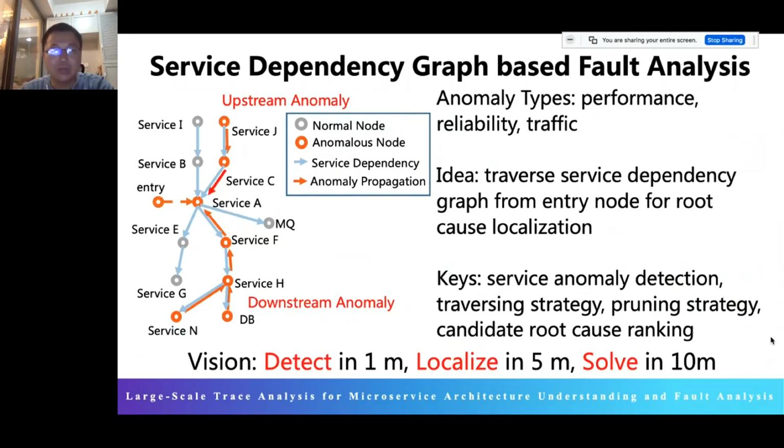And based on this graph, we can identify the root causes for given anomaly types. So in this work, we support three types of anomaly, including performance, reliability, and traffic. So our basic idea is that we will traverse the service dependency graph from the entry node for root cause localization. So the key points here include service anomaly detection for the single node, and also the traversing strategy, pruning strategy, and the candidate